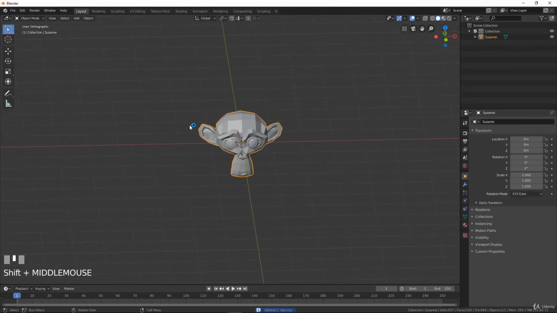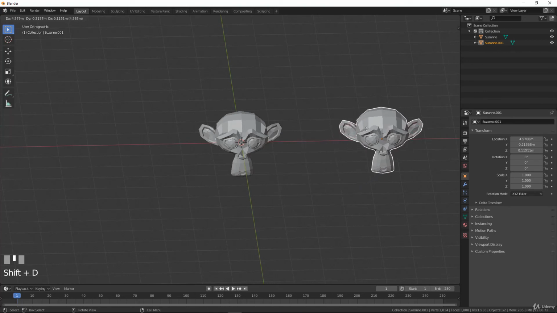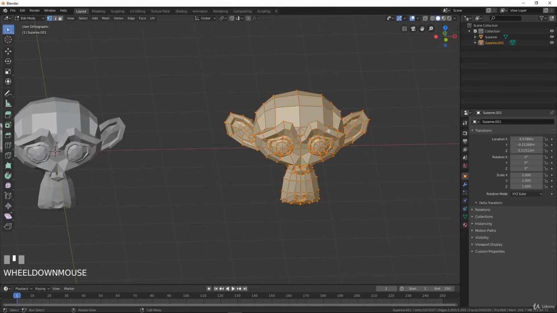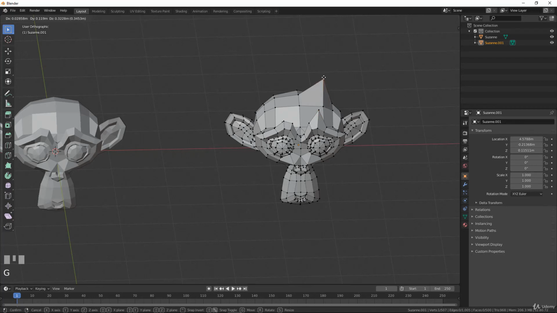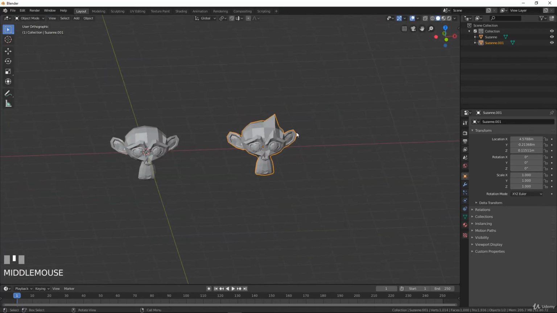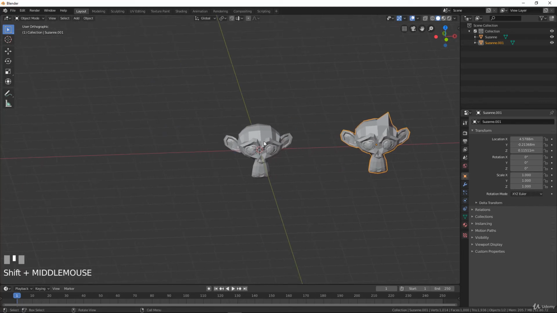If you press Shift D, it will make a completely new object. For example, if you change something on this object in edit mode, and you move, for example, this vertex and this vertex here, you will have a completely new object, no link between the two, okay? But if you press Alt D,